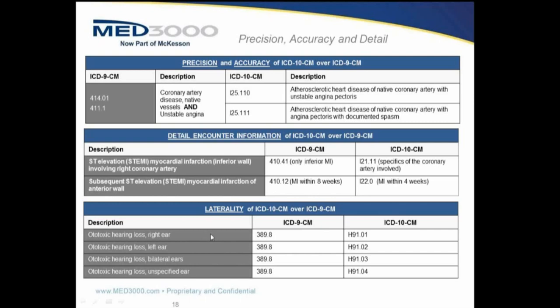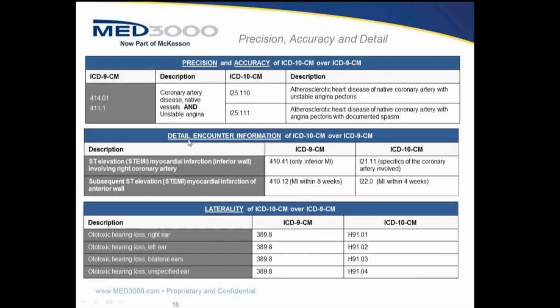Again, if we're looking at some of the others that fall under hearing loss, whether it be the right ear, the left ear, bilateral ears, or the specified ear, you have to have your audiology testing. In the past it stayed the same code, 389.8. You can see now with ICD-10, we actually do have specific codes based on the laterality: the right ear, the left ear, bilateral ears. So this is just an example of showing